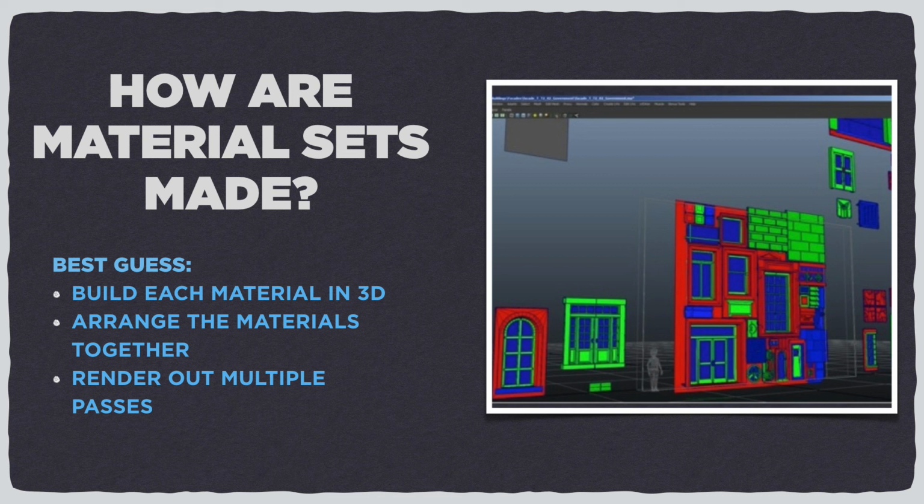And sections of each object were probably assigned materials from the 3D app with 100% luminant color of red, green, or blue. And rendering that out as a straight color image would essentially give you the color control map. Now, these elements floating around the perimeter of the main square, I'm guessing, are waiting around to be arranged for their final, for lack of a better term, snapshot as a material set. Maybe this 3D designer received these elements from other artists, and so he was in charge of converting them into material map sets.